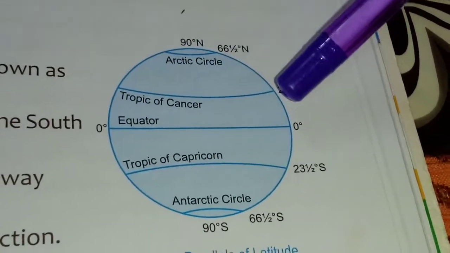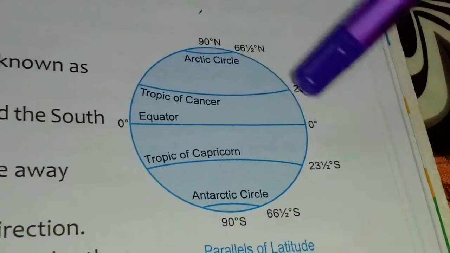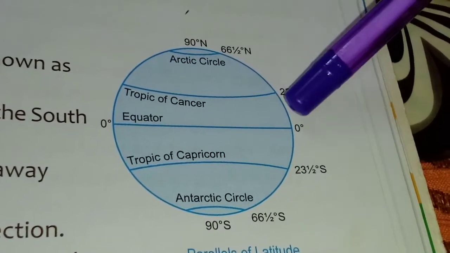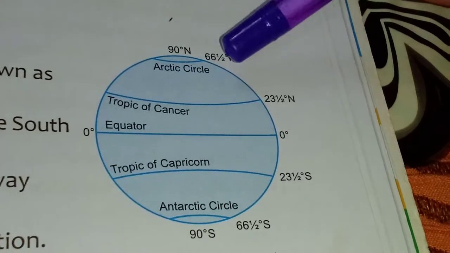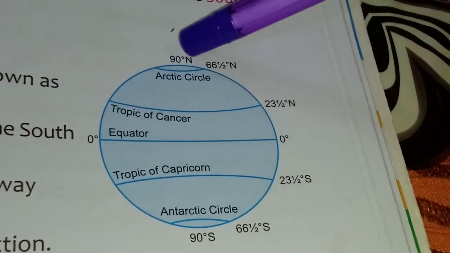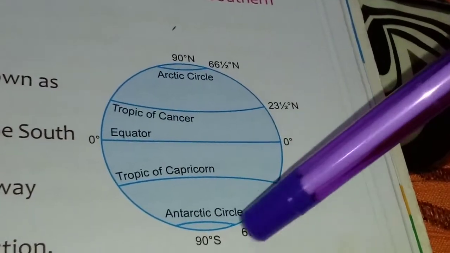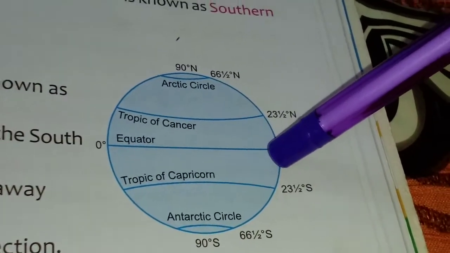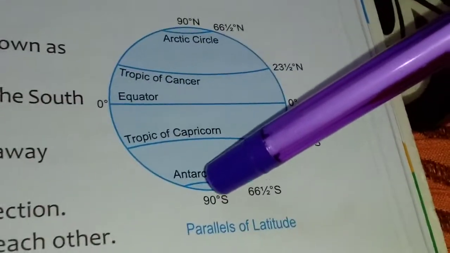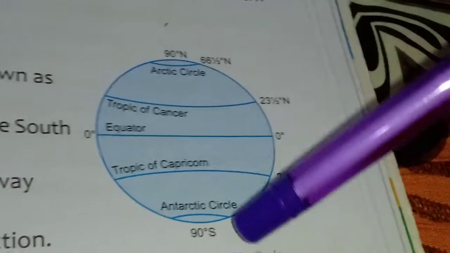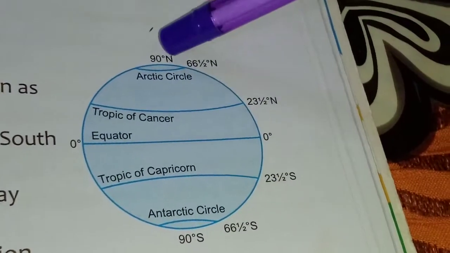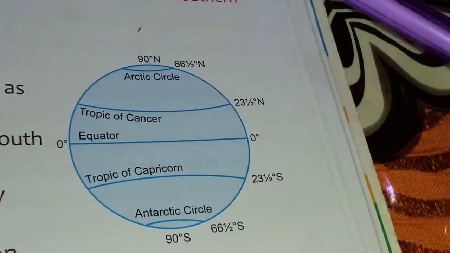From 0 degree, in the northern direction, it is 1 degree north, 2 degree, 10 degree, 20 degree north, 30 degree north. Just like that, it meets at the North Pole, 90 degree north. And in the southern part, it is 10 degree south, 20 degree south. Just like that, it meets at 90 degree South Pole. And at the top and bottom, I am telling you again, it is just like a point.